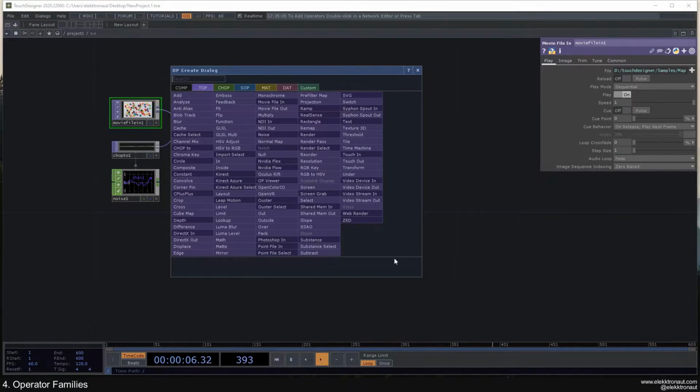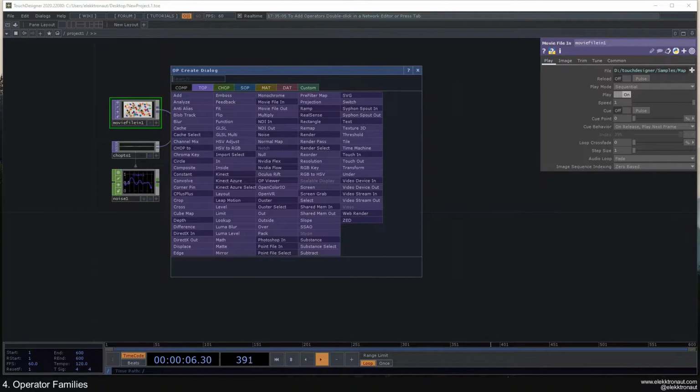Texture operators deal with all kinds of 2D imagery, anything that's got to do with pixels. So you can input video and image files. You can process and change those files. You can create 2D shapes like circles, rectangles, and those kinds of shapes,